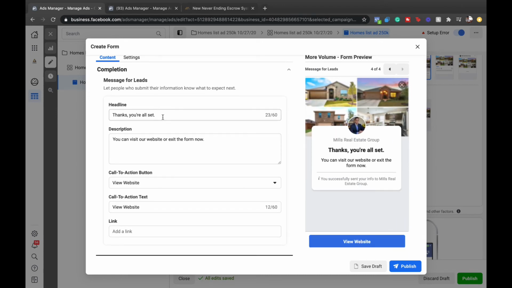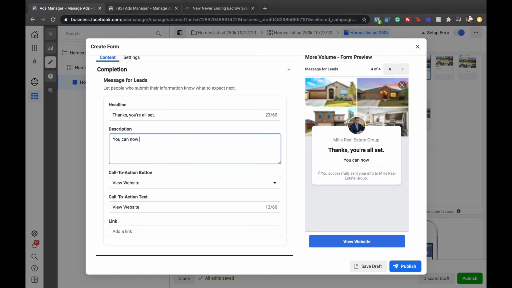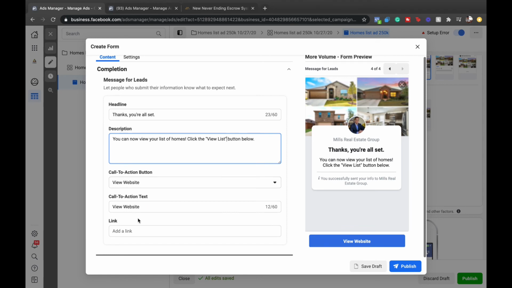Completion. Upon completion, you're going to have, thanks, you're all set. You can now view your list of homes. Sorry, click the view list button. Okay, we're going to want to make sure we put this in parentheses. There you go. And then right here where it says call to action text, you're going to put view